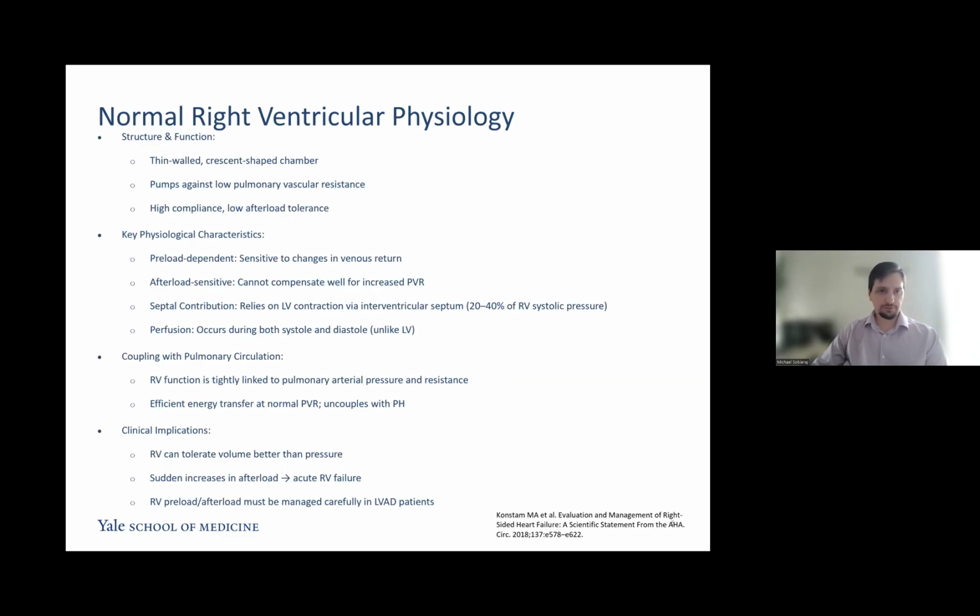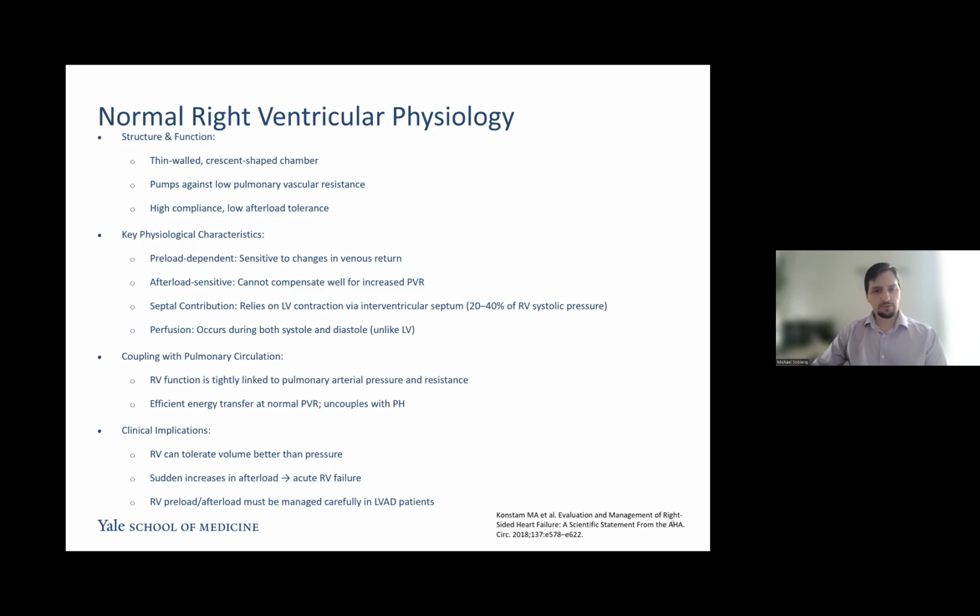So just a real quick hit on normal right ventricular physiology and why it's so sensitive to the post-LVAD physiologic changes. It is just a thin-walled chamber, not very strong. It pumps usually against a low pulmonary vascular resistance, has high compliance and a low tolerance for afterload. As afterload increases, it is preload dependent and very sensitive to any changes in the venous return system, which of course does increase. It is afterload sensitive, and it does heavily rely on some septal bounce from the